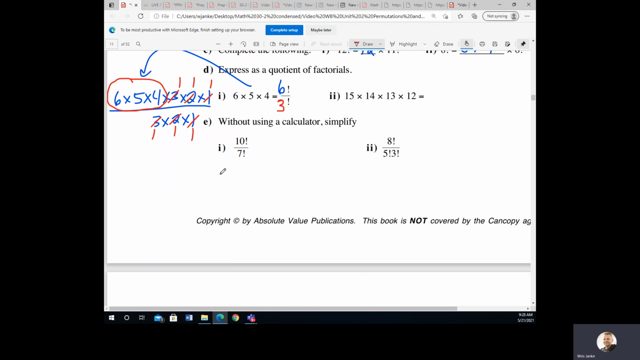Now, let's go on to the one right below this. In E, without using the calculator, simplify. So I know that I could write 10 factorial as 10 times 9 times 8 times 7. I'm going to stop at 7 and put 7 factorial. So that's 10 factorial. Now, if I divide by 7 factorial, which is in the denominator,